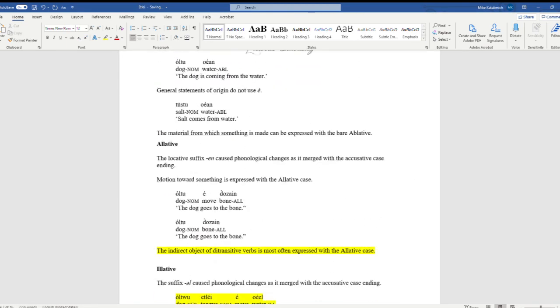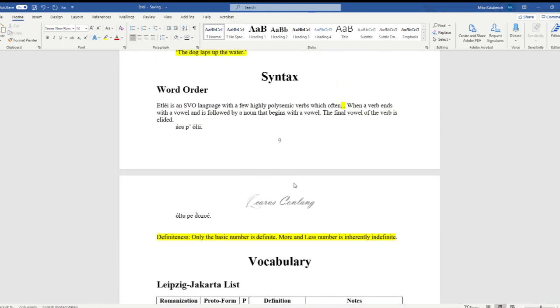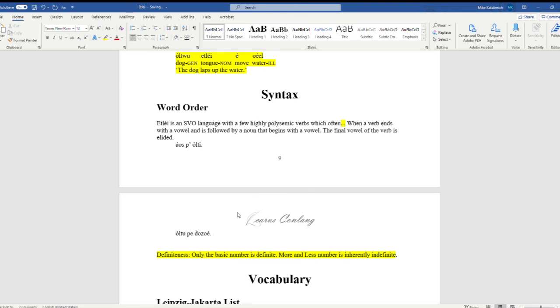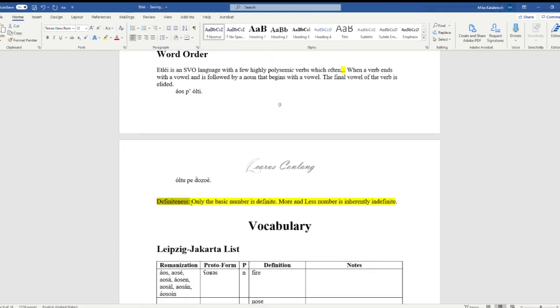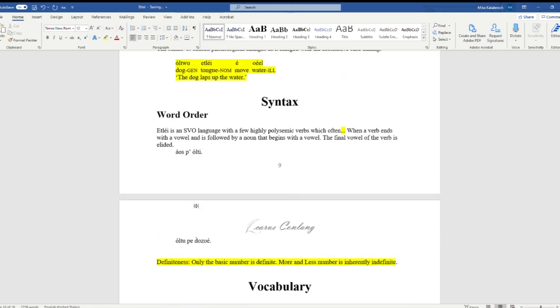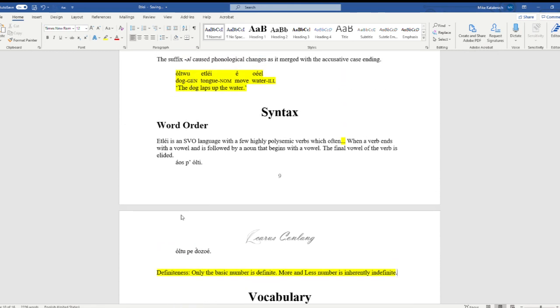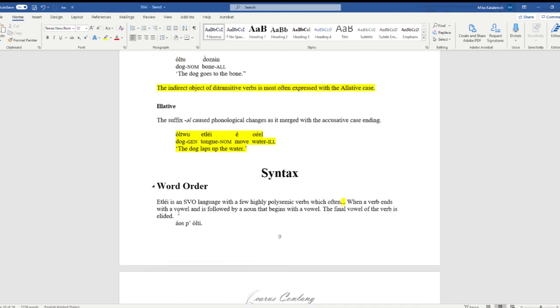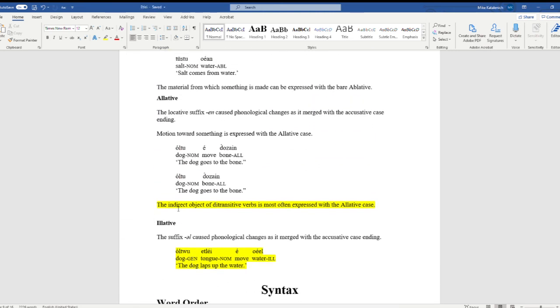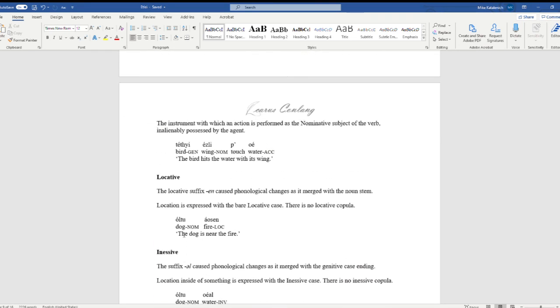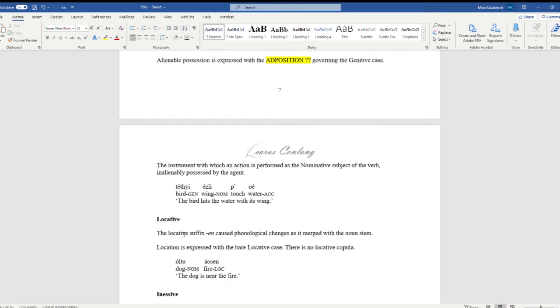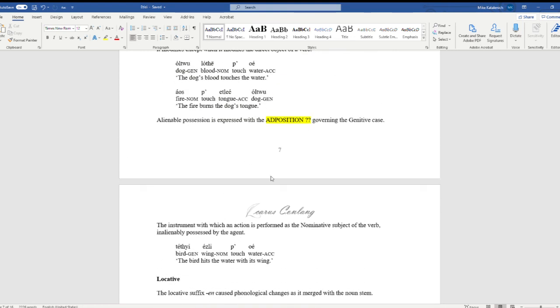Oh, and I had one other thought I wanted to bring up. This was a thought that occurred to me, and I just wrote it into the document a while ago. Definiteness. We haven't gotten to the different numbers yet. They're going to be prefixes, but only the basic number is going to be definite. The more number and the less number is going to be inherently indefinite. Once it's definite in the conversation, you only use basic number. But that's something I just wanted to bring up in case you saw it flash on the screen. That's probably what the next video will be, figuring out the number so that I can actually have my sentences with nouns be truly complete. And I need to fix that. Cool. Icarus out.